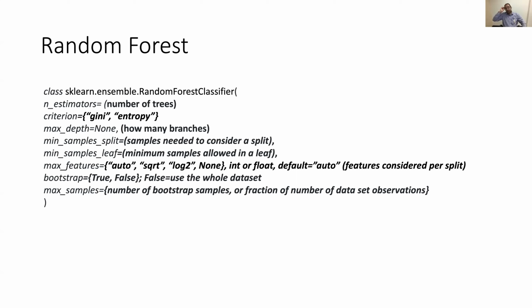So you can see how the number of features is going to inform how many estimators you should plug into your random forest model. The criterion is the metric it's going to use to